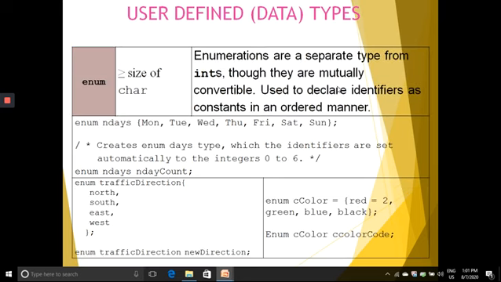Now we have the other user defined type, that is enum, where its size is the size of char. Enumerations are a separate type from ints, though they are mutually convertible, used to declare identifiers as constants in an ordered manner. Enum days: we have members Monday, Tuesday, Wednesday, Thursday, Friday, Saturday, Sunday.